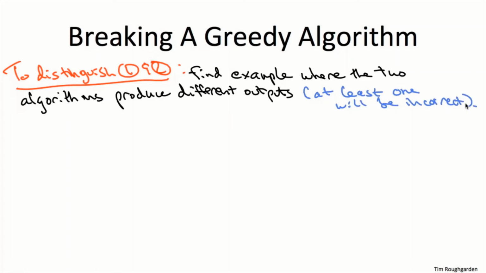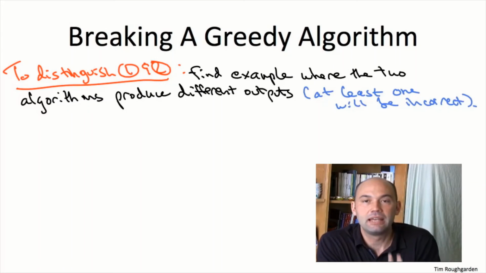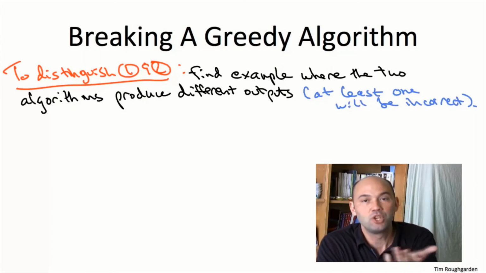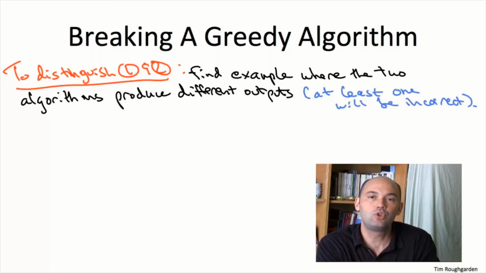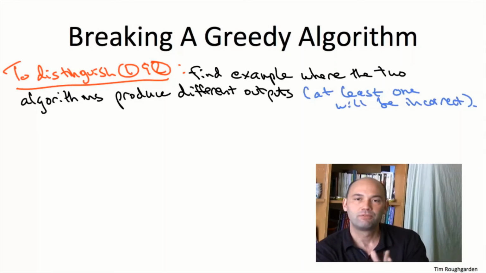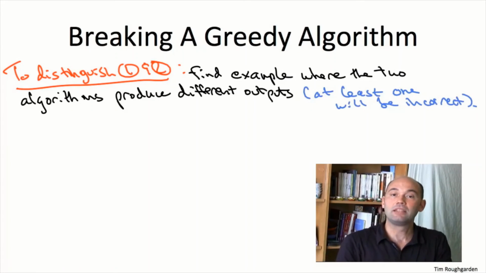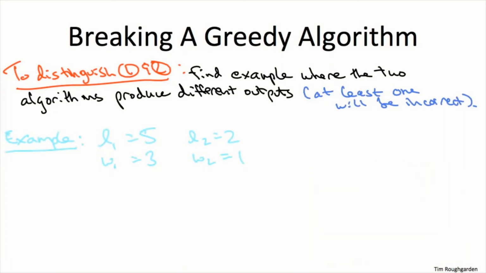So that's the plan. Now, to execute this goal, as usual, we want to keep things as simple as possible, but no simpler. So what's the simplest possible instance that could lead to different behavior by our two algorithms? Well, obviously one job is not enough because there's only one possible feasible solution. But already with two jobs, we might be able to have one algorithm flip them one way and the other algorithm schedule them in the opposite order. In fact, it is not difficult to come up with an instance with two jobs where they do different things. And let me just go ahead and write such an instance down for you now.